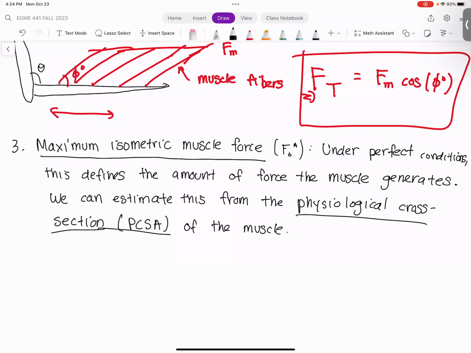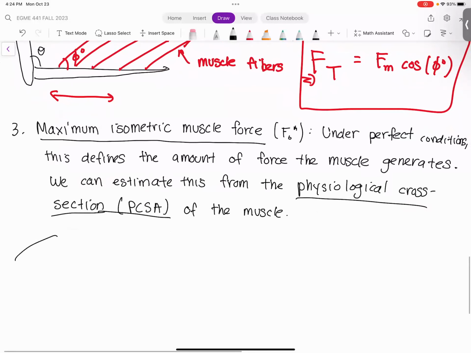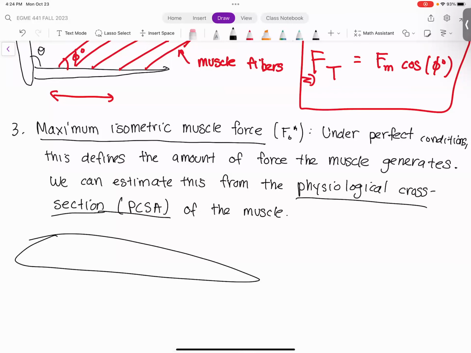Honestly, the best visualization I can think of for this is from cooking. If you have a vegetable like a cucumber, and you slice it perpendicular to the cucumber, you end up with small slices. But if you slice at an angle, at a bias, then you're going to get bigger slices, right? So if here's your muscle, imagine that it's the same cross section,